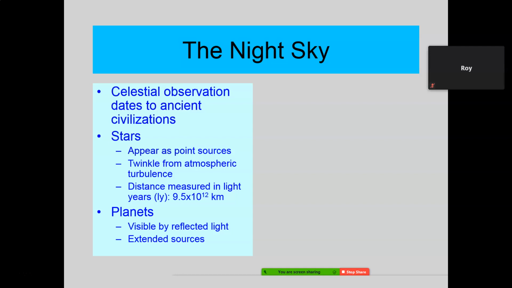Now, here's what I was saying about the distances. Remember, I said our sun was 93 million miles away. That's approximately, let me do my math in my head here.